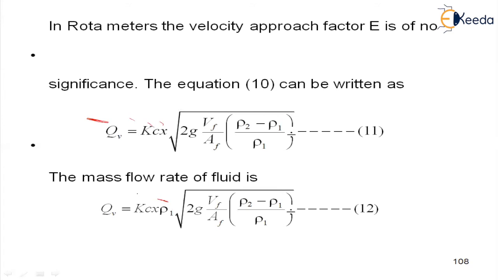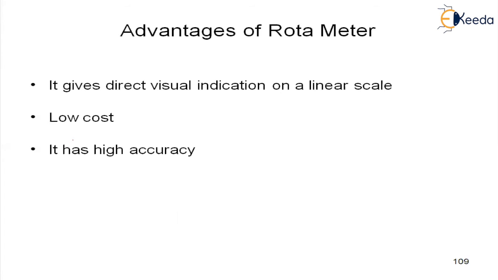Generally, the questions asked on flow meters, in rotameters, keep all these parameters constant. They will bring the relationship between Q, that is the volume flow rate, and the densities. Based upon this, we are going to solve one problem. Now we are going for the advantages, and later we will go for the numericals.